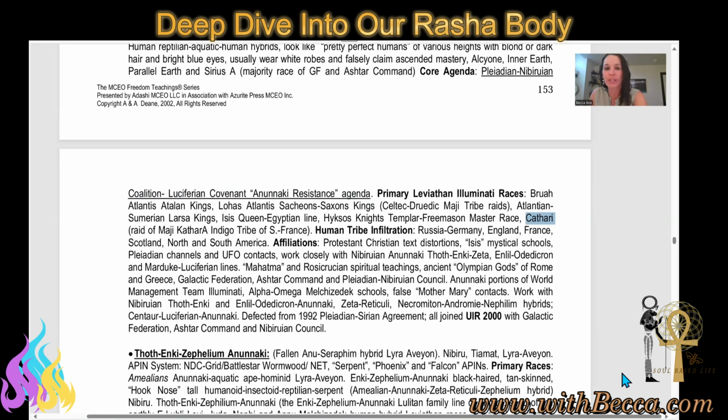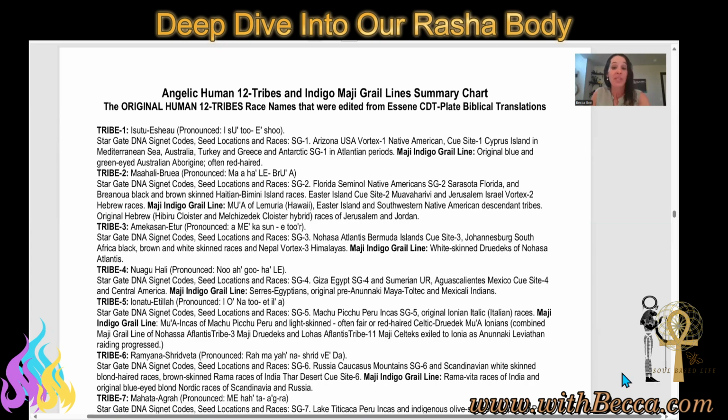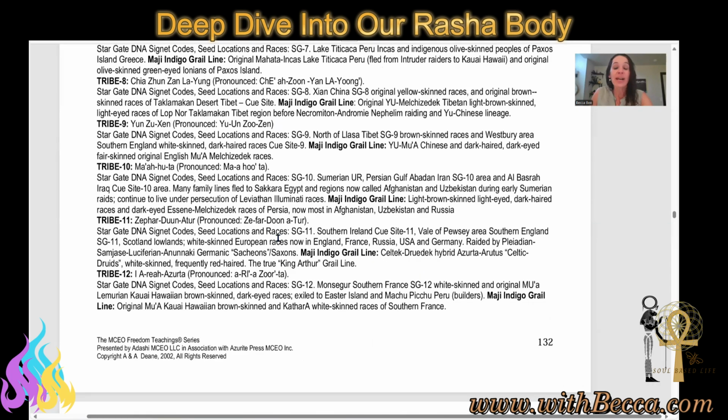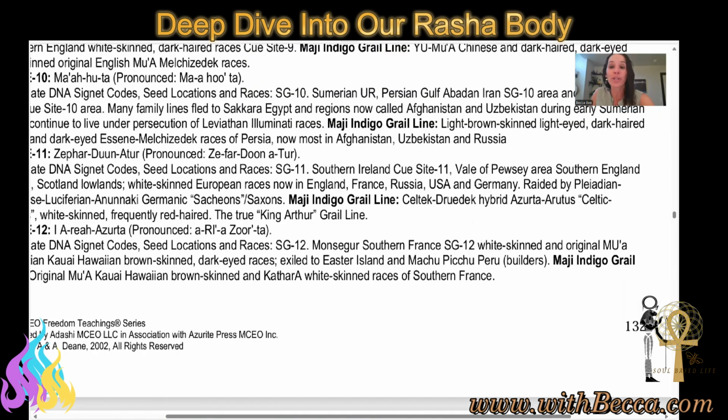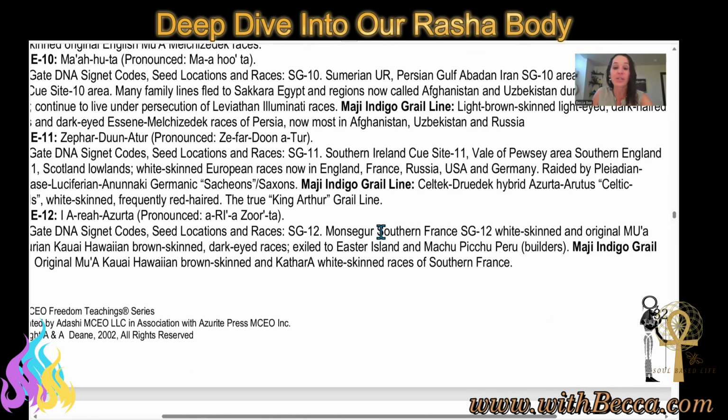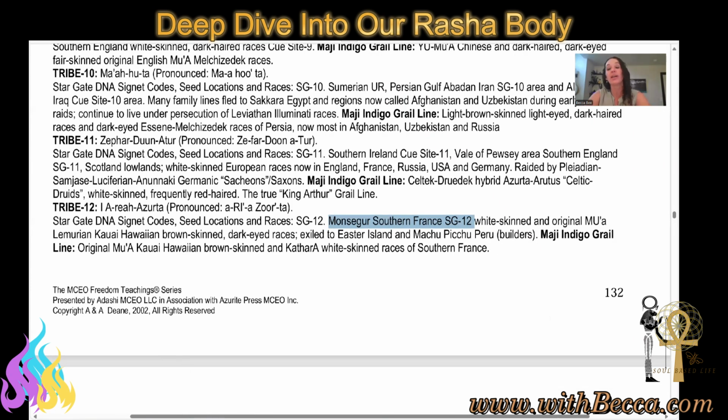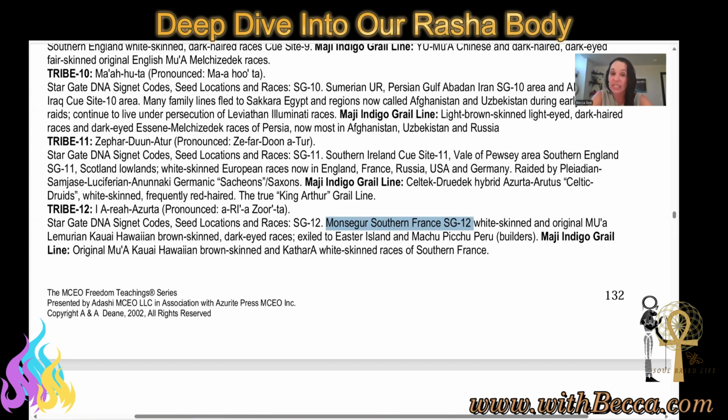If you look at page 132 in the Dance for Life, you're going to see they held the vibration for the 12th Stargate. They were connected to the Southern France Stargate, which is the 12th Stargate. Why is the 12th Stargate so significant? That's where the massive battles and wars took place, even in our universal family tree. So in the wars of Lyra, the cradle of Lyra, they were fighting to take over the 12th Stargate, because if they could overtake the 12th Stargate, they could start to get access to the core domain worlds.